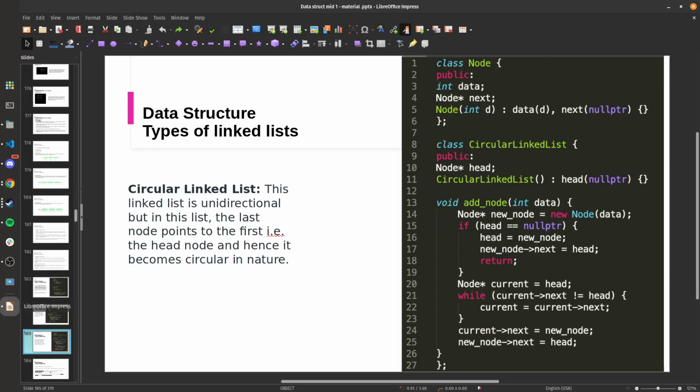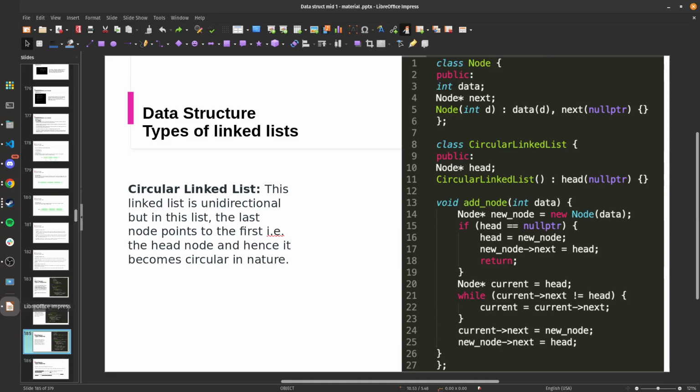And that's reflected in this code. So first we make the new node with the data. If head's empty, if the list is empty, we just set the head equal to this new node, and we just set the new node's next equal to its head. So it's a single node circular linked list, which just loops around on itself. Otherwise, we would create an iterator, which will loop through the entirety of the linked list until it reaches a node where its next pointer isn't the beginning of the linked list. And so I'll whiteboard this out just to break it down, but it creates a current node,